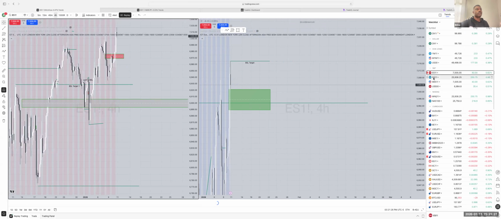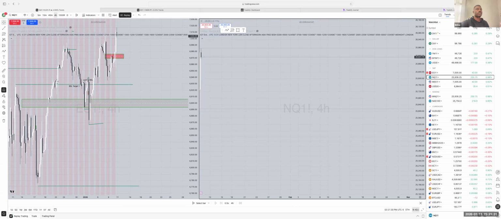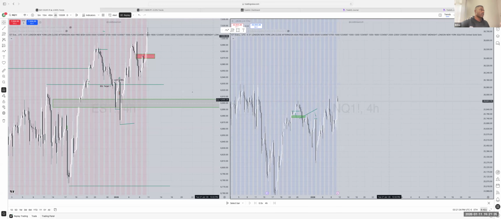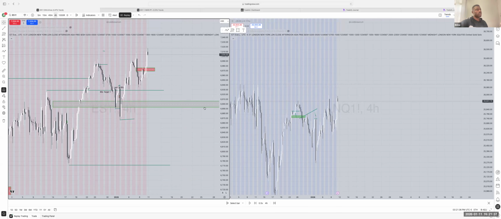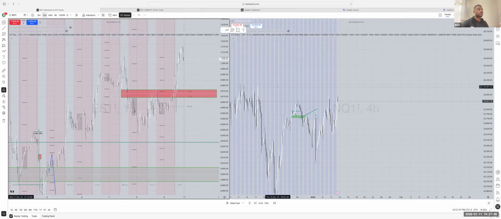A lot of times I'm waiting on that 4 hour candle to form at 10 o'clock. At 10 o'clock it forms a new candle. And so I can look at the 4 hour time frame and see, okay, what's most likely our draw on liquidity for the next 4 hours and what are we running to? And is that lined up with what I want to see? So that 10 o'clock hour,